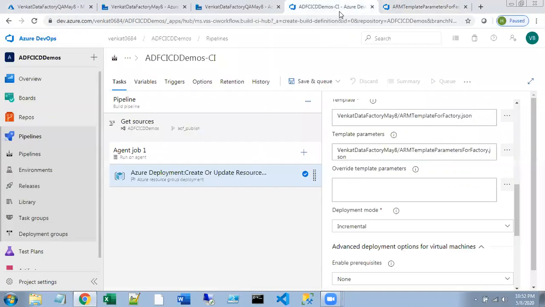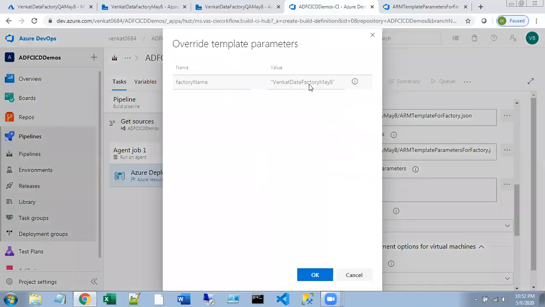Okay, so just go back and you click this ellipsis button again. You see, this is the default value you have, but this is not the actual data factory we have in the QA environment, right? So you go for deleting this and you mention your QA data factory name. Okay, so Venkat Data Factory QA May 8th.